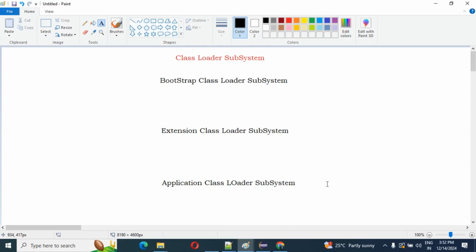We'll start with the bootstrap class loader subsystem. This bootstrap class loader loads the classes from the bootstrap class path.